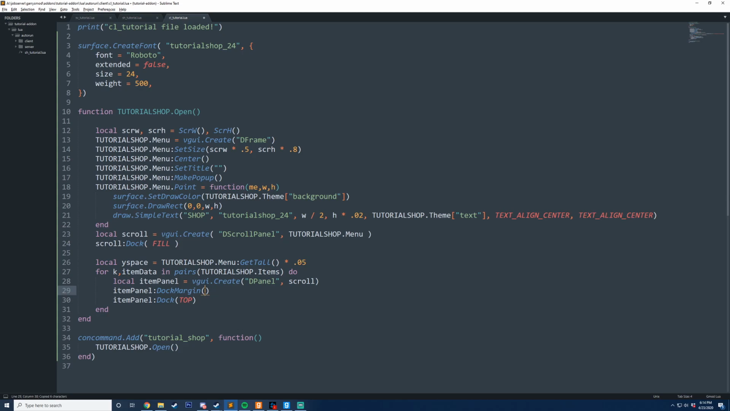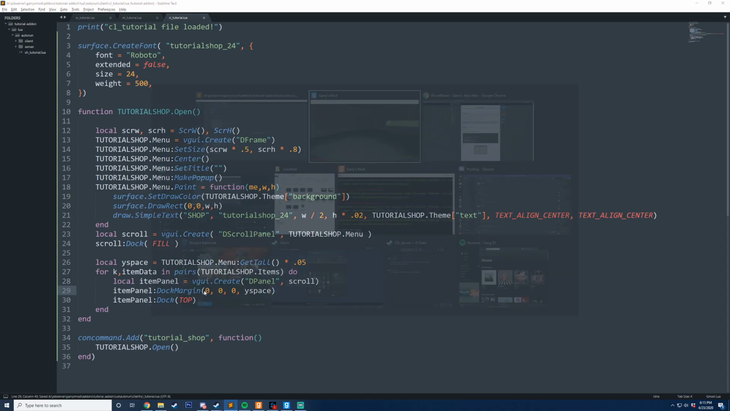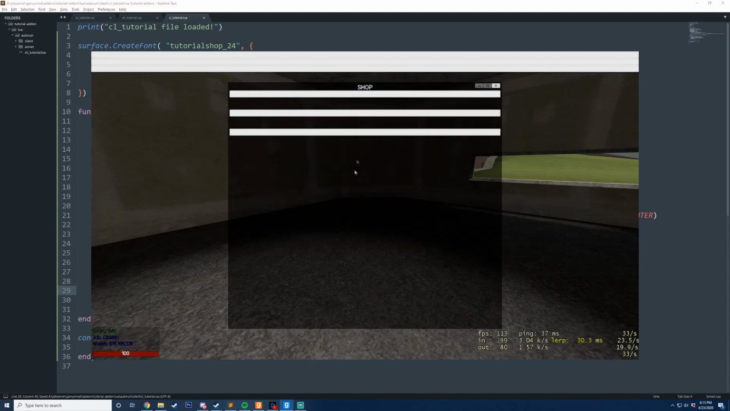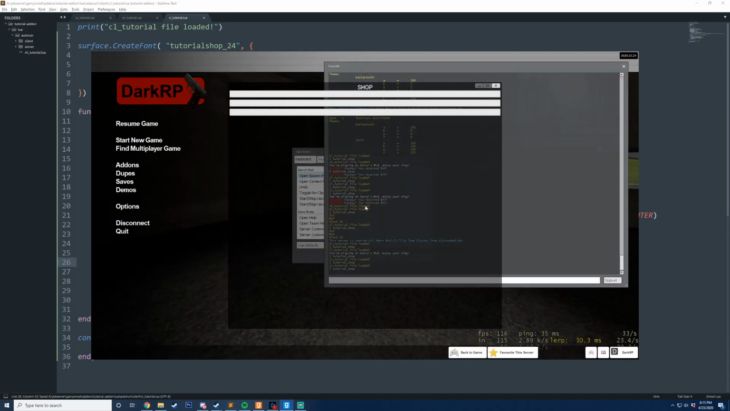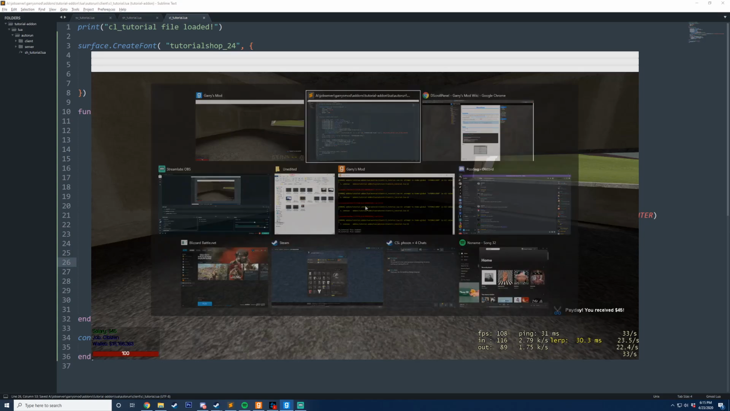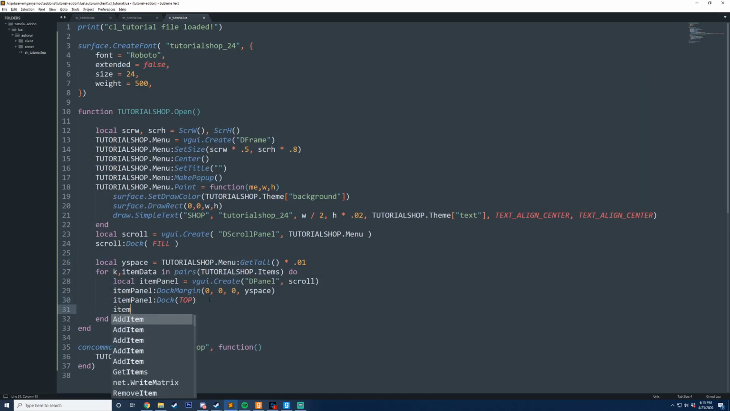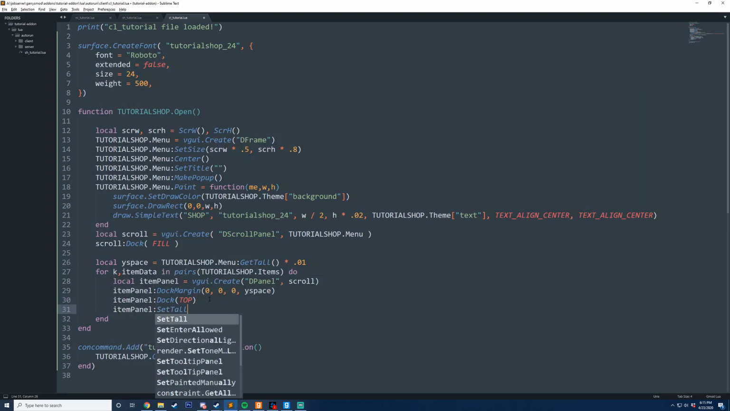Now for the dock margin, there are 4 arguments: the left, top, right, and bottom for spacing. So you can set margins on the left or the right or the top and the bottom. So the left will be 0, the top will be 0, the right will be 0, but the bottom will be Y space. Now if I go ahead and open this up, you see we have spacing that is way too much, so I'm going to reduce it to like 0, 1, and now you can see we have that. I don't like the size of our panels, so I'm going to do item panel set tall,